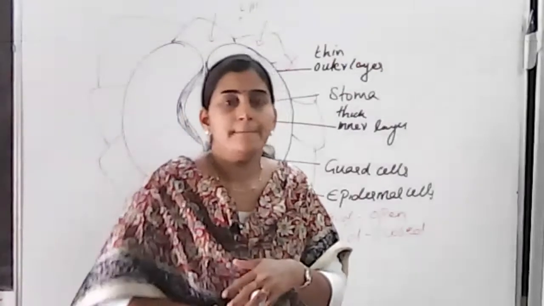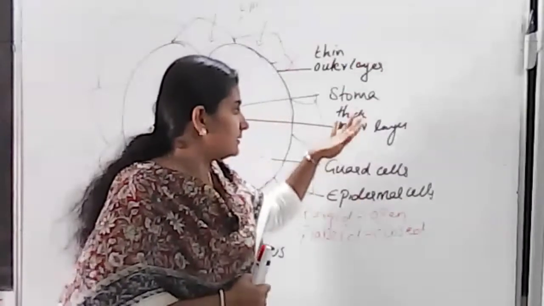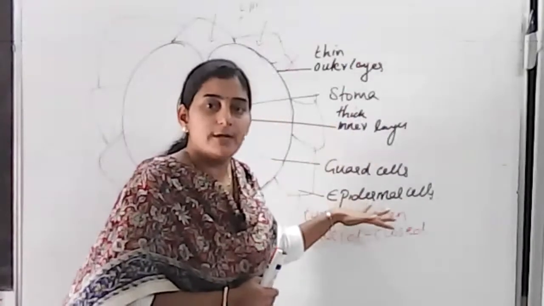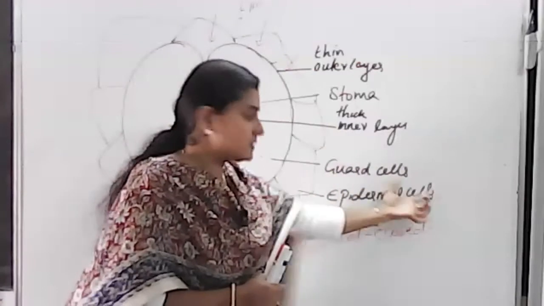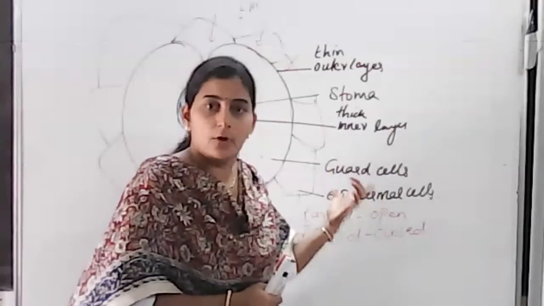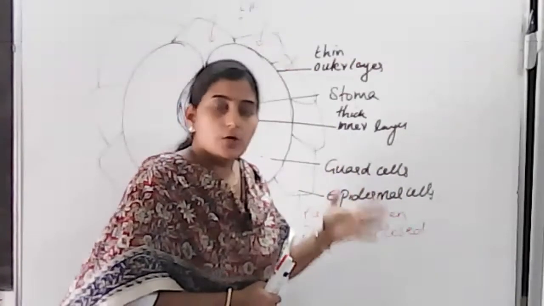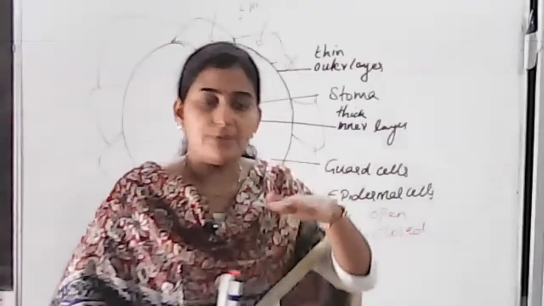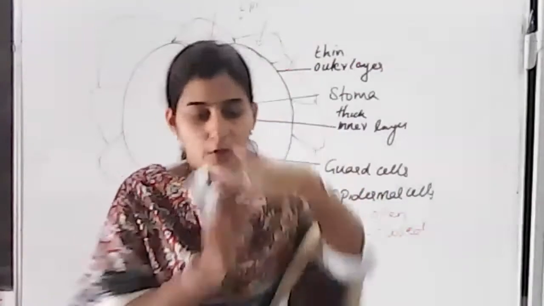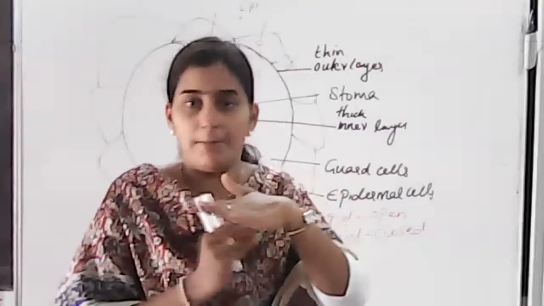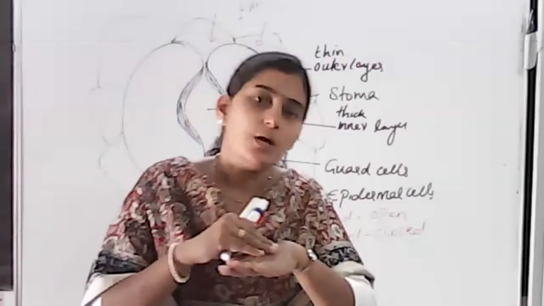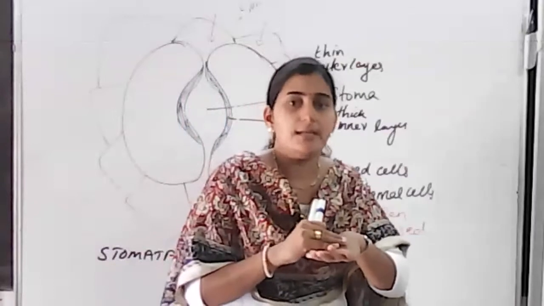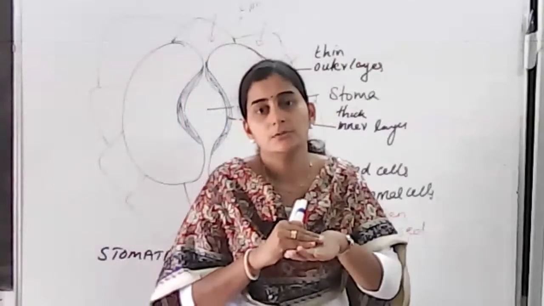Now one more thing. I told you when we saw the structure of the leaf, I have drawn the stomata on the lower surface only, the lower epidermal region only. So what about the number of stomata on the upper surface of a leaf? Suppose this is a leaf, the lower surface has more stomata compared to the upper surface, especially in the case of dicot plants.